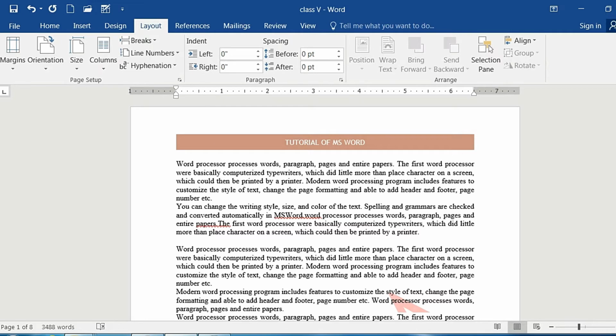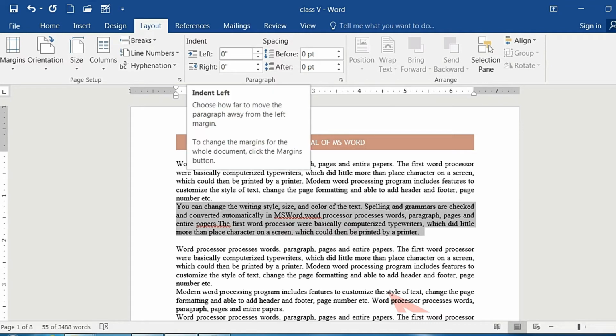Next we are talking about the paragraph. Very important one is the paragraph. Paragraph, or we will call it as an indentation. So here indent is there. So you can observe that I am just selecting this paragraph only. Here from left onwards, this is our margin, you know that. So if I increase this inch, it will move. That means it will go far away from the margin to the left side.